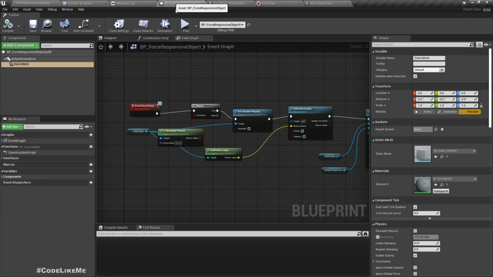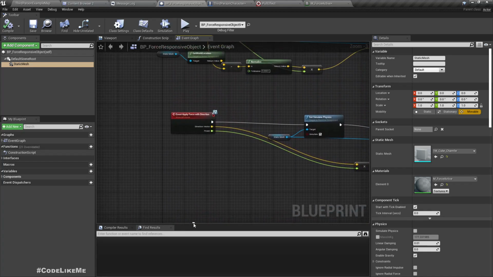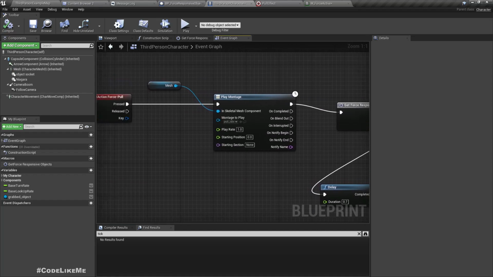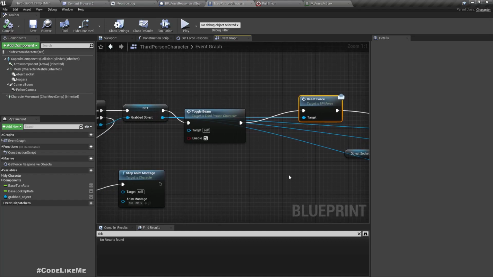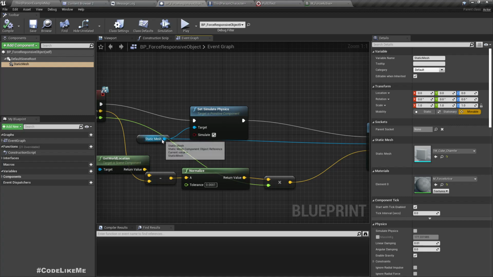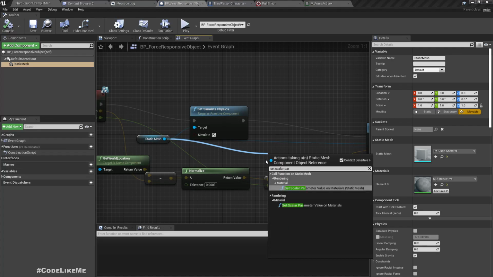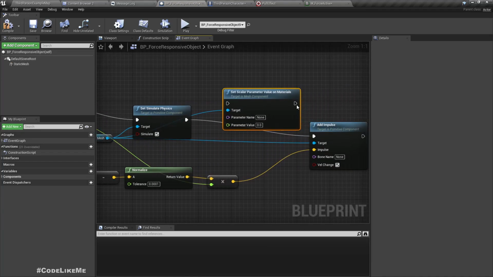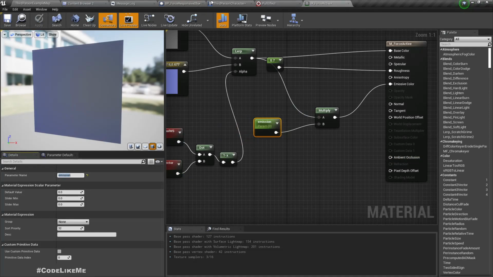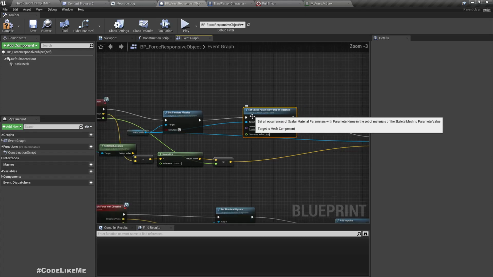Right, now in the force responsive object we have this, what's the function we are using when we pull it? Right, here we use reset force, and when we push it we call apply force. Right, we can use those two functions. When we apply the force, we can here just use the same static mesh and set scalar parameter. What's the parameter name? Emission. Value, when we apply the force, it should be set to 0, and when we push it,